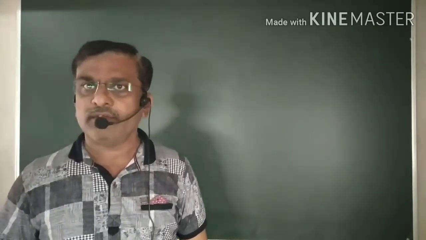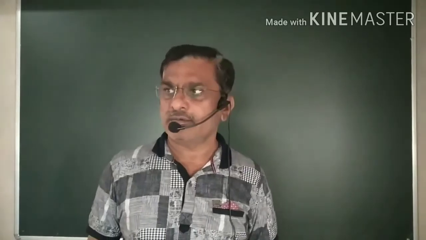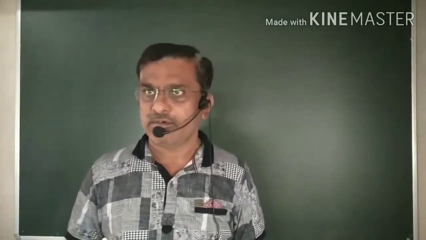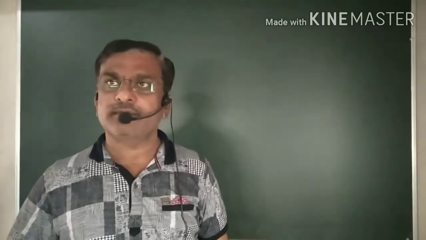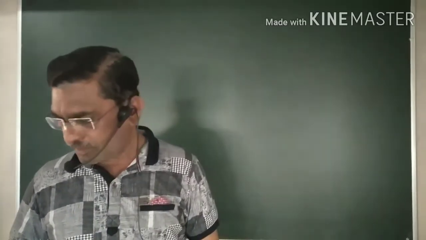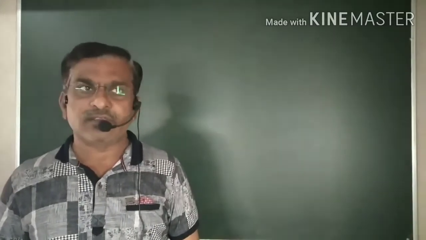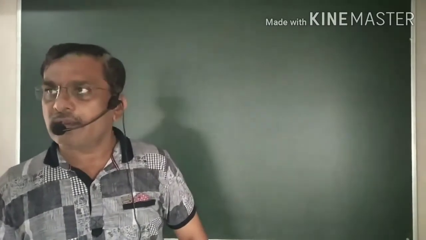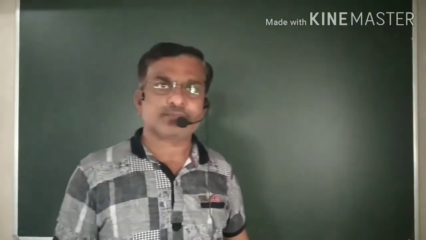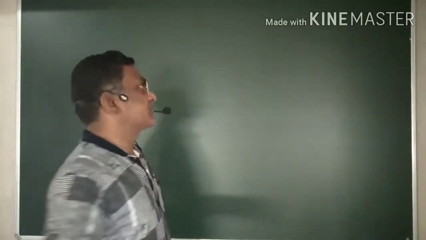Yesterday, we have seen the examples based on the epsilon delta definition of limit of function of two variables. Now, today we will see the examples on limit of a function by using polar coordinates.